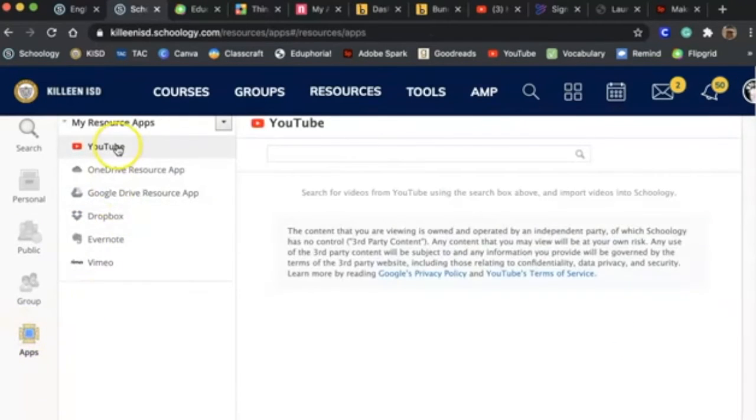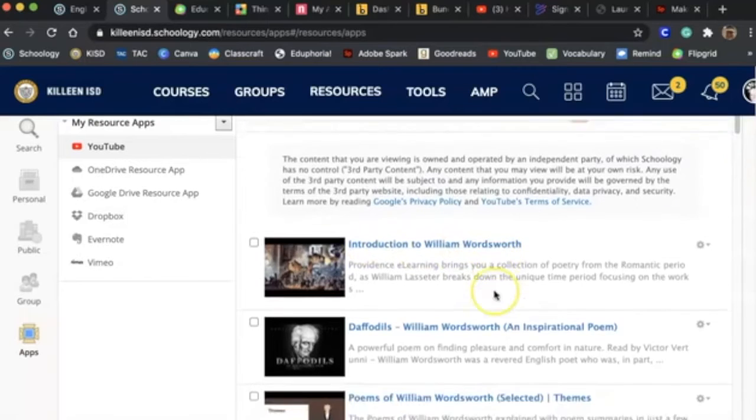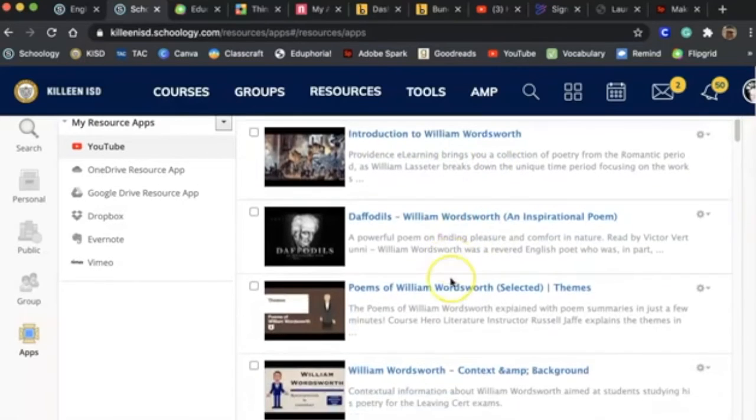And then we're going to go, look, YouTube is right there. You can search, let's see, William Wordsworth. I'm looking for one of his poems. Okay, I'm looking for Introduction to William Wordsworth. If you do a search of